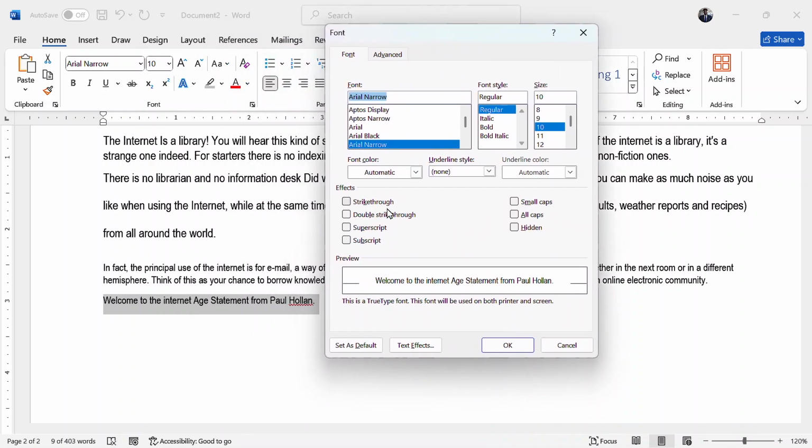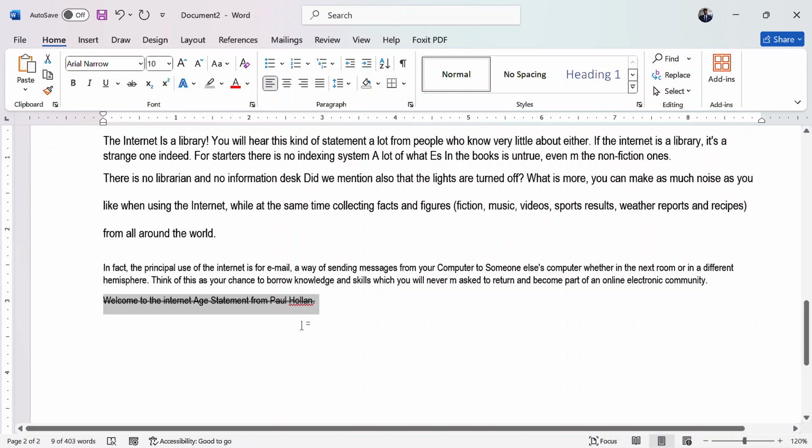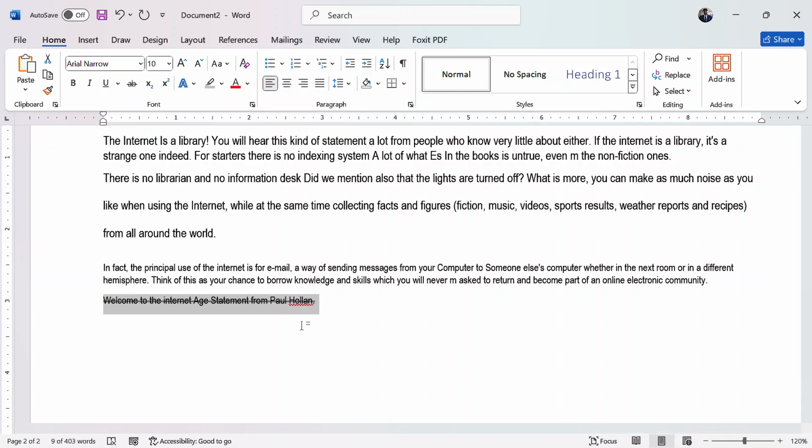You will see strike through, double strike through, superscript and subscript. What we need is double strike through. Check this checkbox and then tap OK. When you tap OK, you definitely see that this sentence is double striked through.